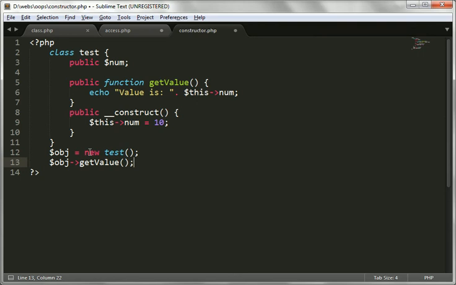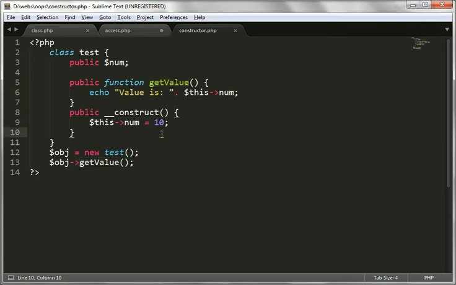So what happens? As soon as this object gets created, at the same time this function gets executed and this value gets assigned to $num. And the second time, I call $obj and getValue. So this function will get called and it will print the value of that variable.